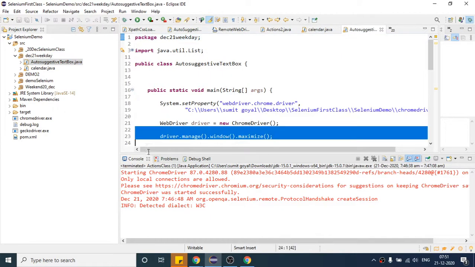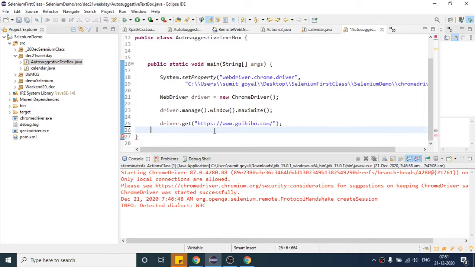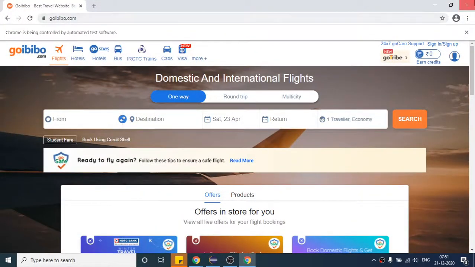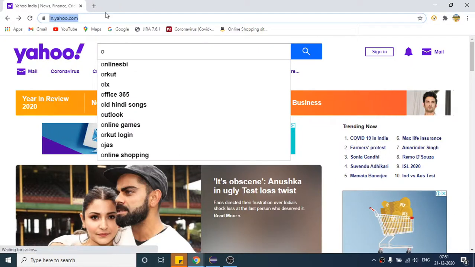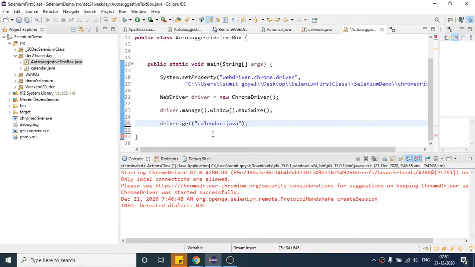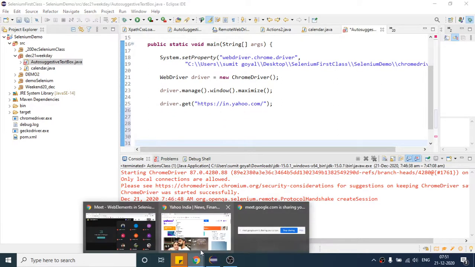These three lines will be common, so let me remove this and I will open yahoo.com. Copy the URL, this is the URL.